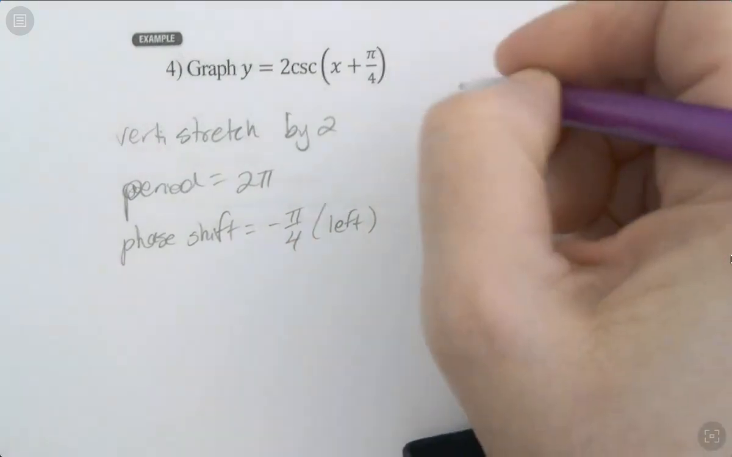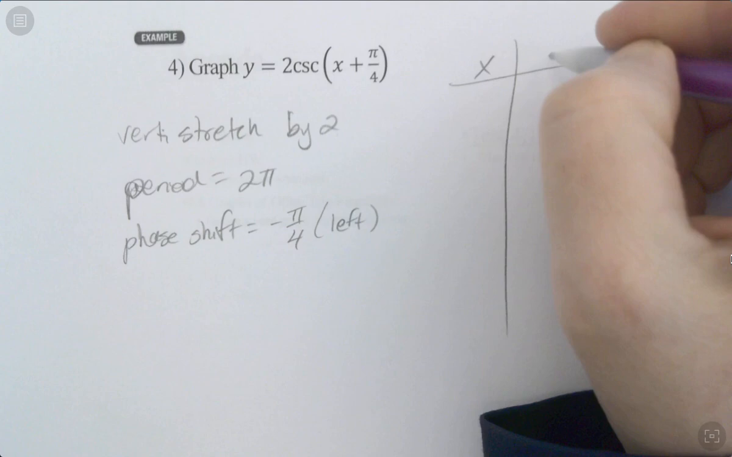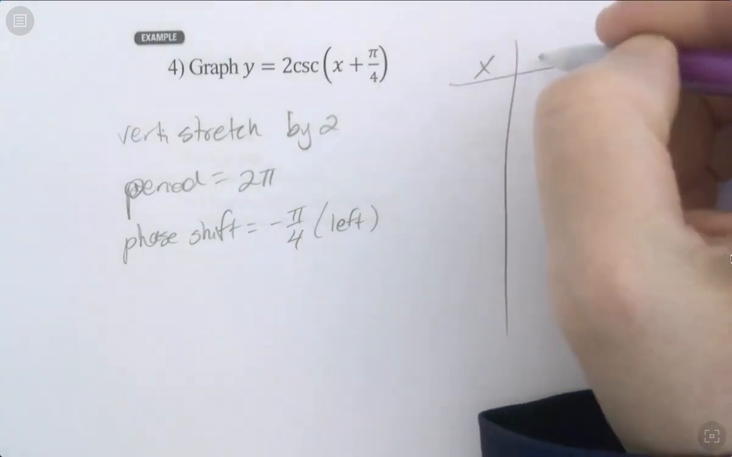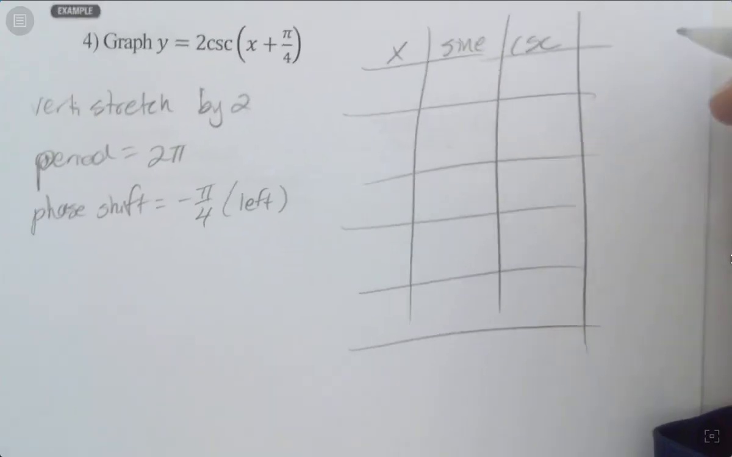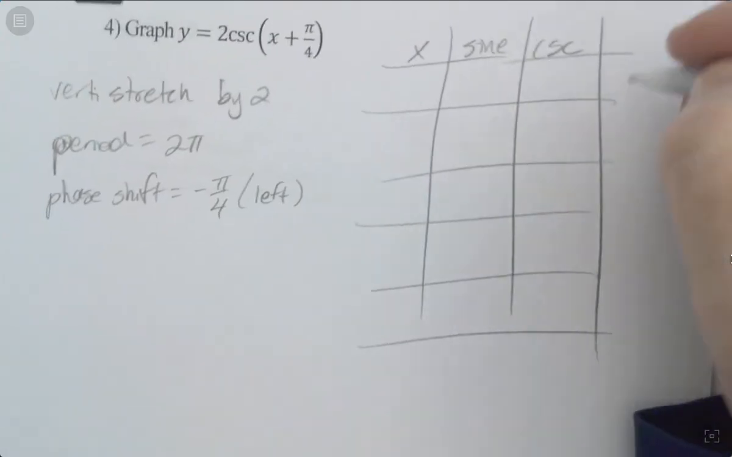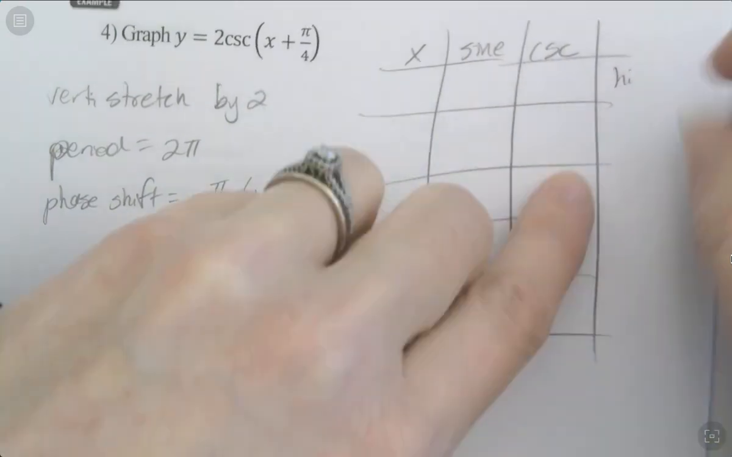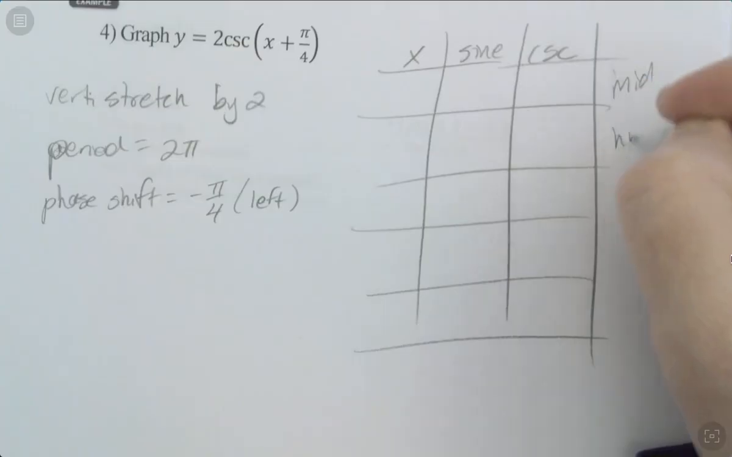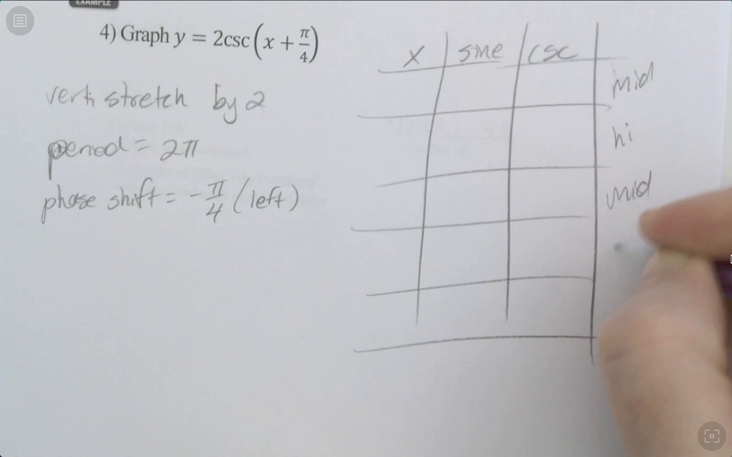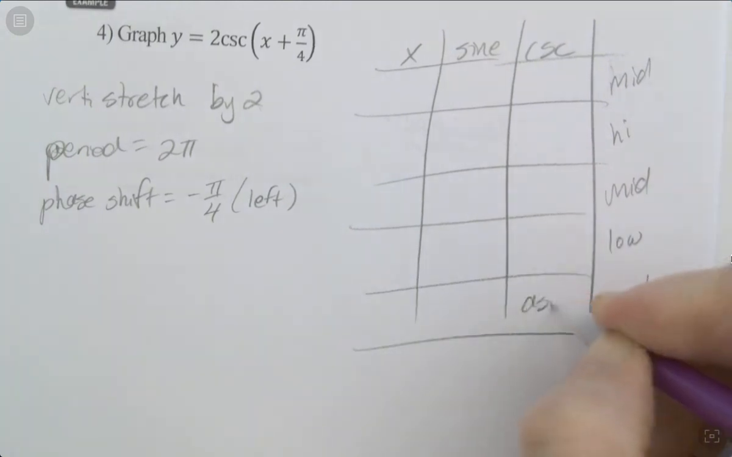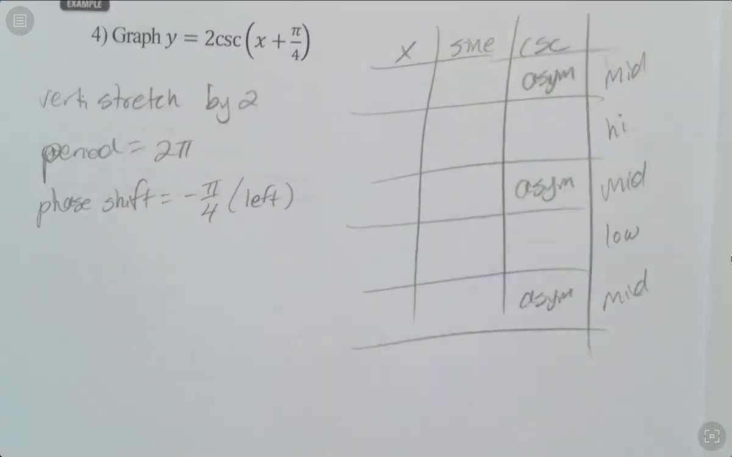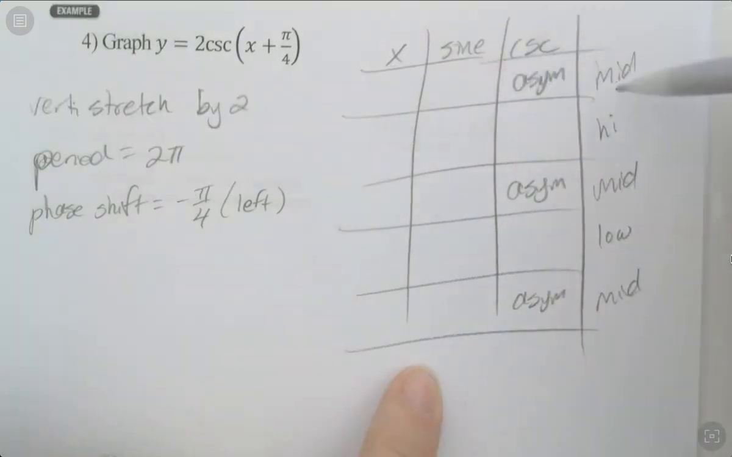So if I set up my t-table, I'm going to do the reciprocal of cosecant, which is the sine. And I'm going to make another column for the cosecant. And we normally go for the sine, we normally go middle, high, middle, low, middle. So wherever it's the middle, those are where your asymptotes are going to be. Is that for both cosecant? Yeah, whenever you hit the middle, those are your asymptotes. Yep. All right, talk to me about the